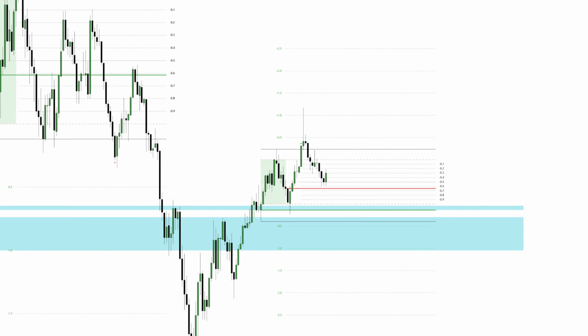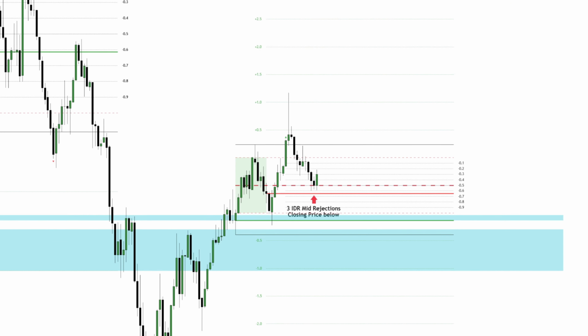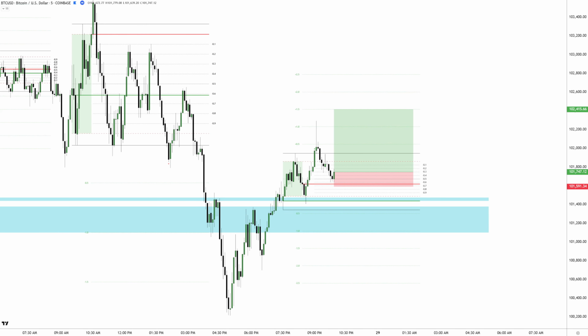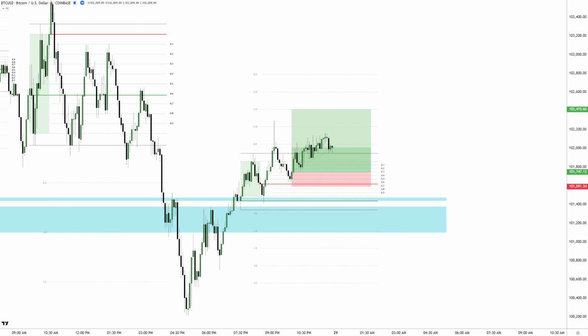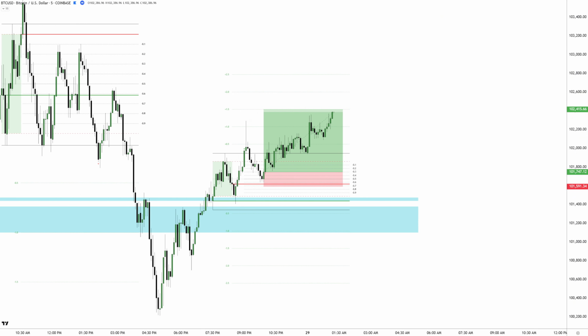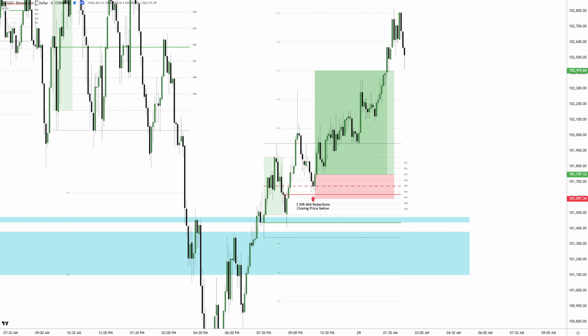Right on time, price delivered 3 consecutive rejections of the IDR mid, presenting an ideal trade opportunity. The stop loss was placed strategically, not only covering the beginning of the retirement setup area in case of a secondary entry, but also protecting the defining range closing price. With multiple confluences aligning, there was no hesitation, just a well-planned high-probability execution. A textbook example of how structure, probabilities, and confluences come together in a perfect DR basic trade setup.